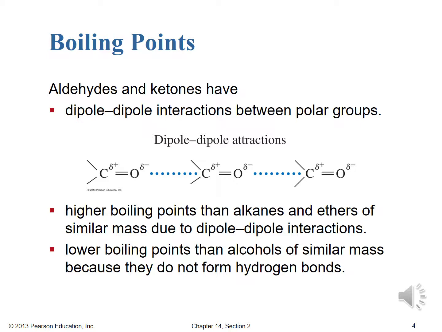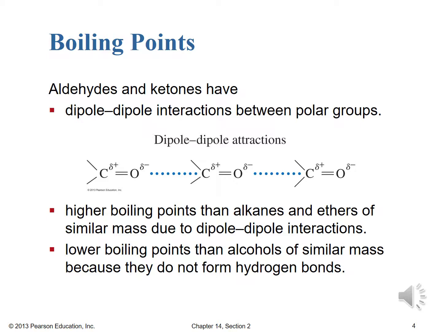However, because we can't do full-on hydrogen bonding among other aldehydes and ketones, we do have lower boiling points than alcohols of similar mass, because the alcohols can form hydrogen bonds with their neighbor alcohol molecules. Here, while we do get dipole-dipole attractions, which are significant, we don't form hydrogen bonds, which are that strongest intermolecular force that we discussed back in